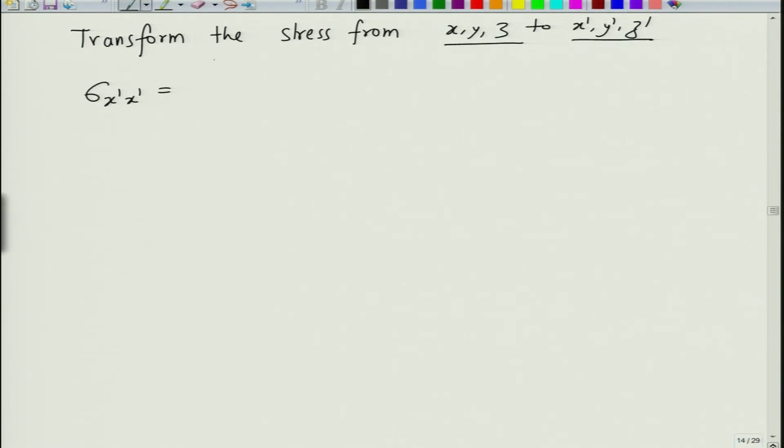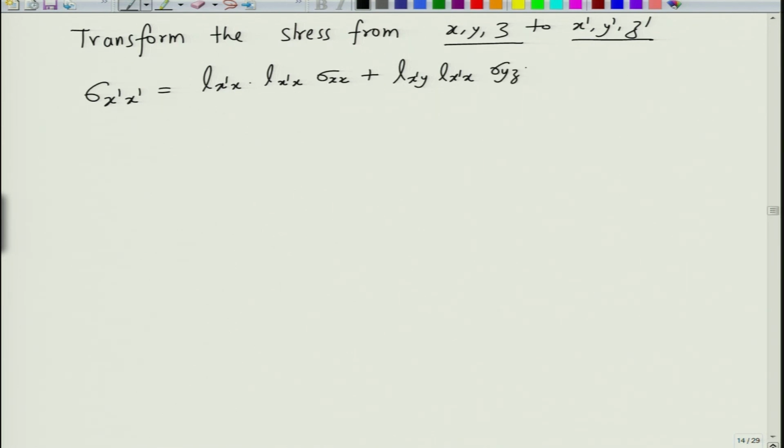So, sigma x prime x prime can be written as L of x prime x into again L of x prime x into sigma xx. Okay. And then the second term will become L of x prime y, L of x prime x into sigma